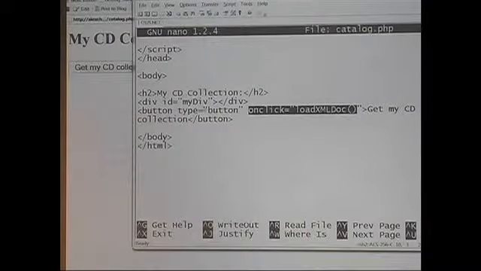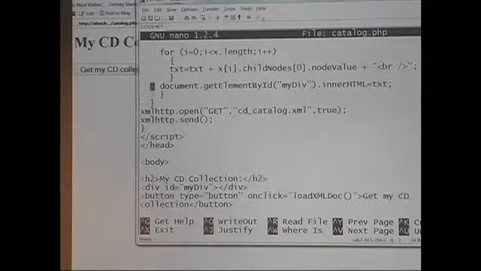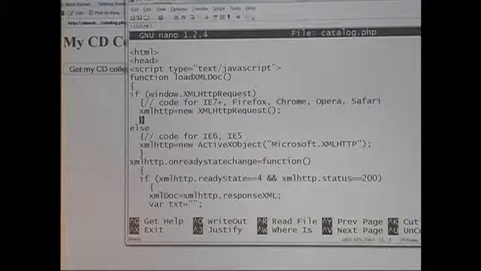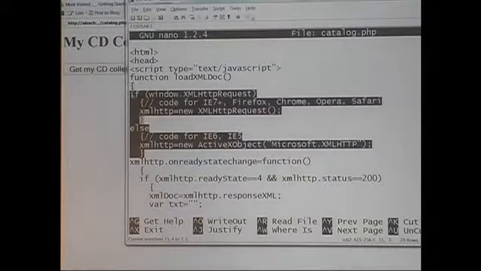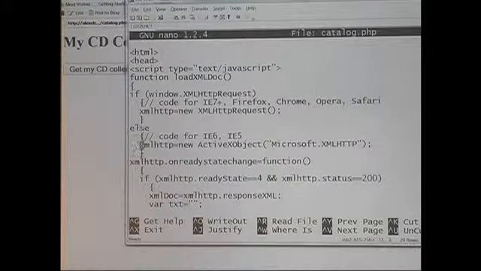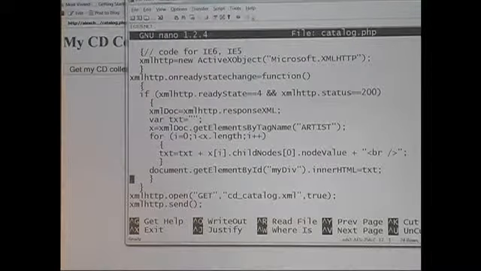Okay. So the function loadXMLDoc is over here. Again, we want to make sure that it's compatible for different kinds of browsers. So that's that. And if everything is fine, then we want to,